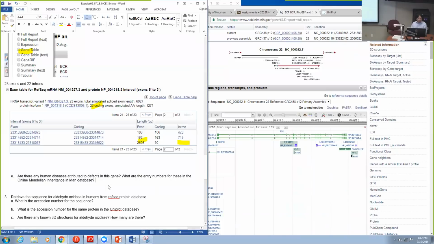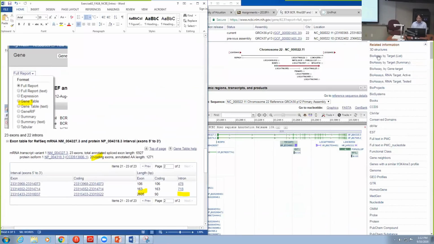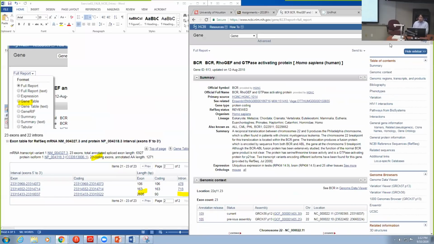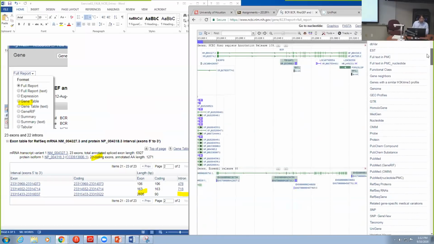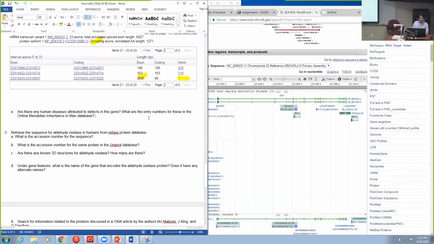Okay, and in here, are there any human diseases attributed? So if you go back to our full report, where we found our reference genes and reference RNA and protein. And again, familiarize ourselves with what's on here. And it says there,